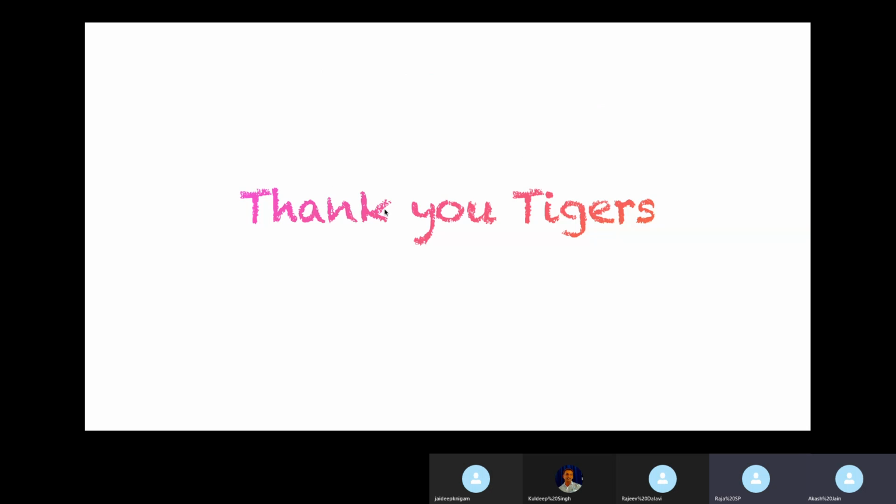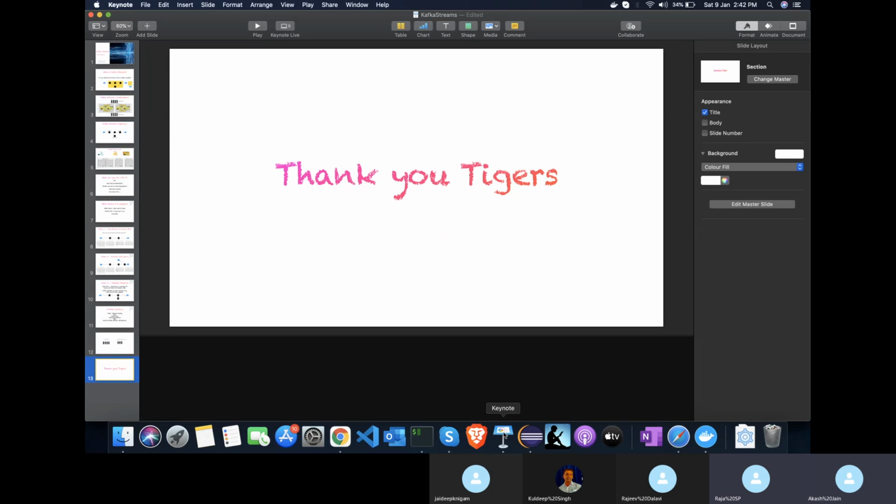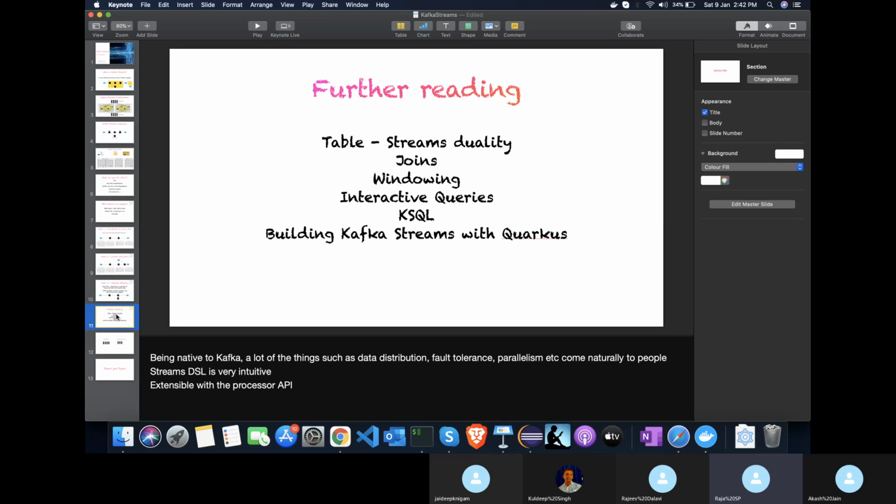So thank you. This is where my question again comes in. In the interactive queries, if they are actually querying that state store, and there is no notion of a cluster, no notion of how many instances of applications are running, how would the interactive queries work? Now I had that question, but then I am thinking, because of Zookeeper,